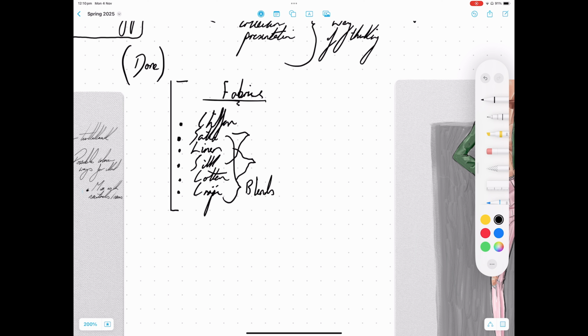And that's a way of thinking about it, because when you go to create fabrics, especially for your collection, if